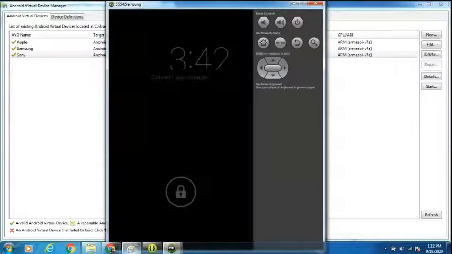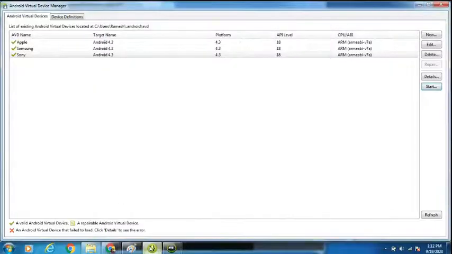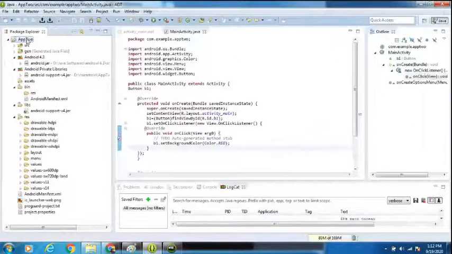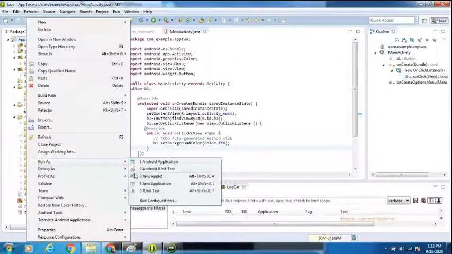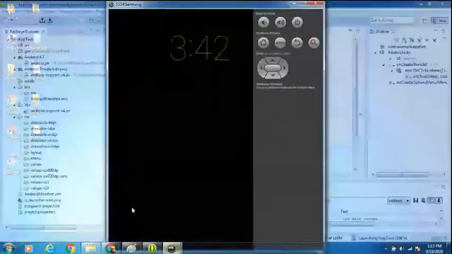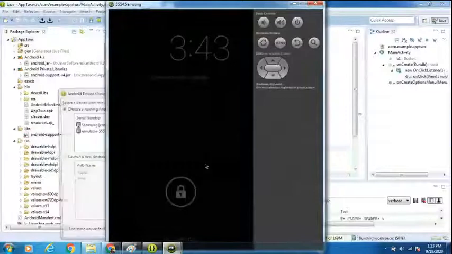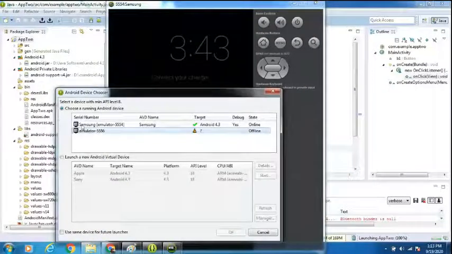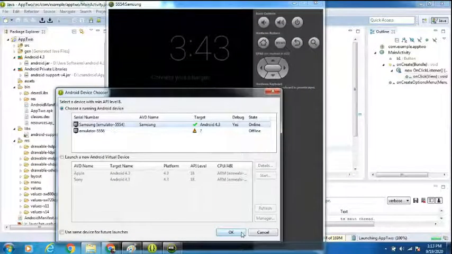Okay, just go for the application here. Wait for a while. Go for the application. Also close it. Go for the application. Run as Android application. Shall we go for Samsung? Okay.